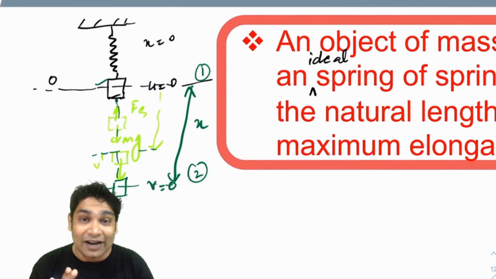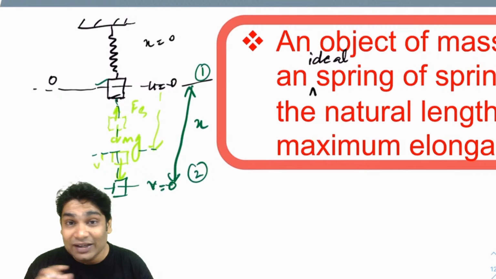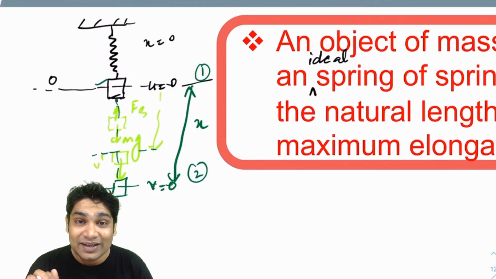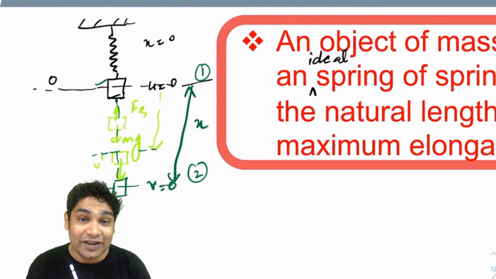There were two forces which acted on the block. One was gravitational force and another was spring force. Now there is no third force acting because we assume the air resistance and everything else to be negligible. Since both these forces, the force of gravity and the force of spring, are both conservative,